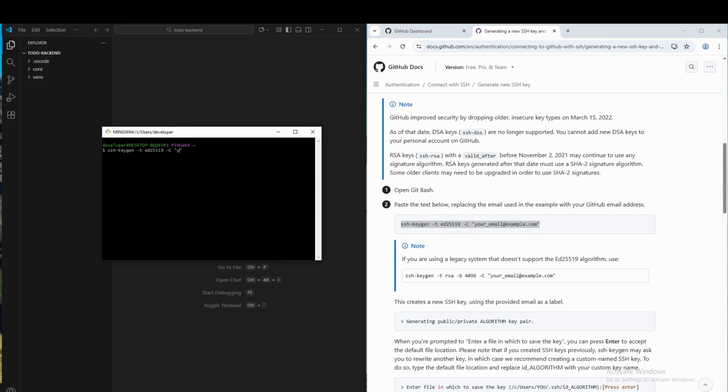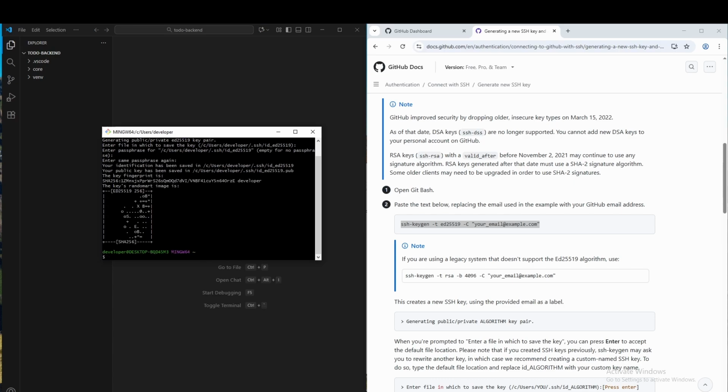You can find more details about the flow that I'm going to do in the official GitHub documentation about generating SSH keys. Now, I'm going to write this user email at example.com, because this is just a label that is going to help us identify who is the owner of the key. Now, here I'm going to just add developer. I will use the default name, and I will not add the passphrase